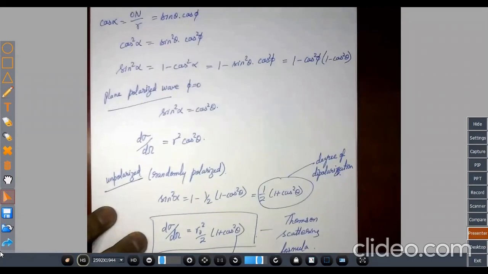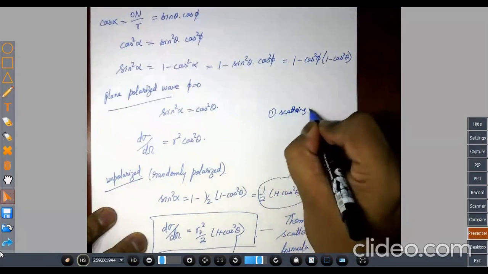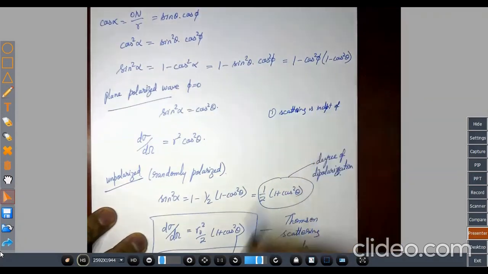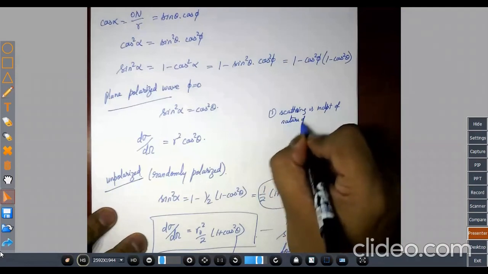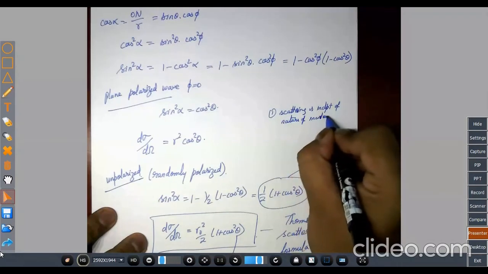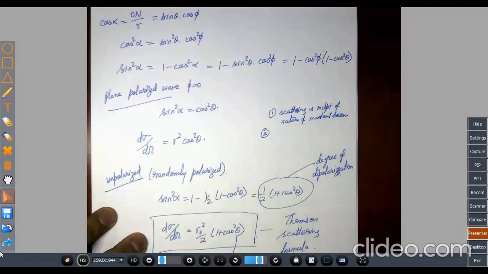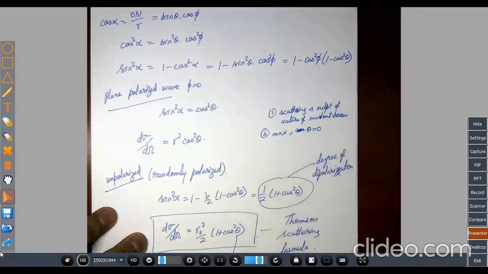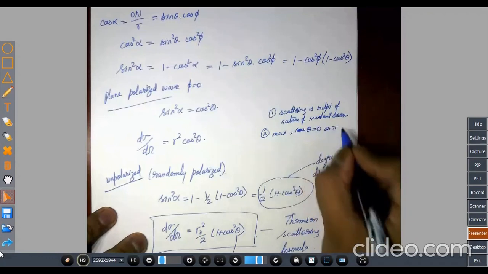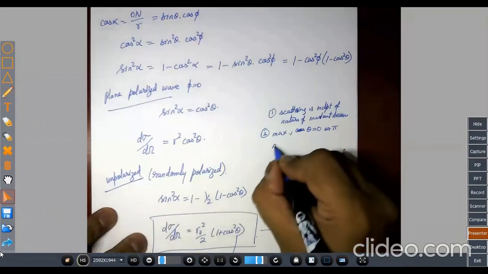From here, what we can say is scattering is dependent on coordinate R and theta. So it is independent of incident beam. It is maximum, and this will be 1, when theta is equal to 0. Or the other value will be at pi. The minimum will be at